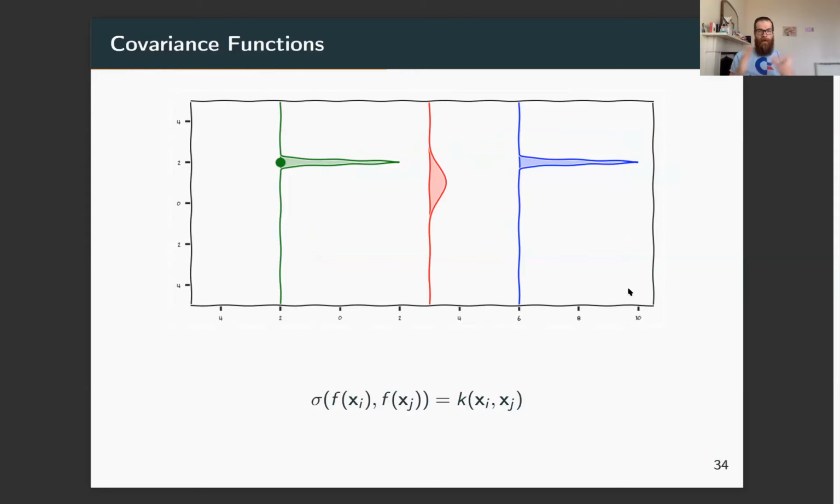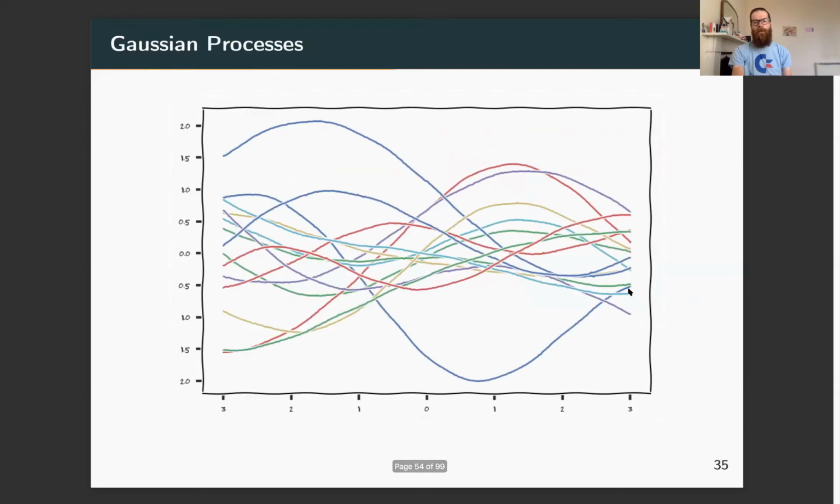Excellent. So what I now can do is write down and take any finite subset of this. So let's, for example, say that I take 100 values along this x-axis. Now I compute my covariance function, which gives a 100 by 100 matrix. It's a 100-dimensional Gaussian. I draw one sample. This sample is going to be a 100-dimensional vector. I plot those values with its corresponding y values. If I do that, I get something that looks like this. So this here is a couple of samples from this function.